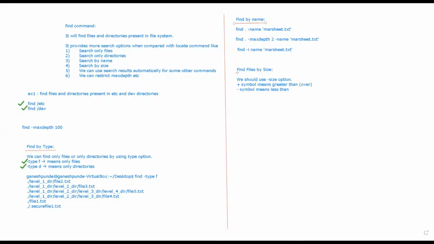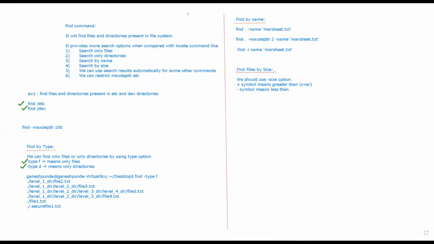By using the hyphen size option with plus meaning greater than and minus meaning less than, you can find files by size.